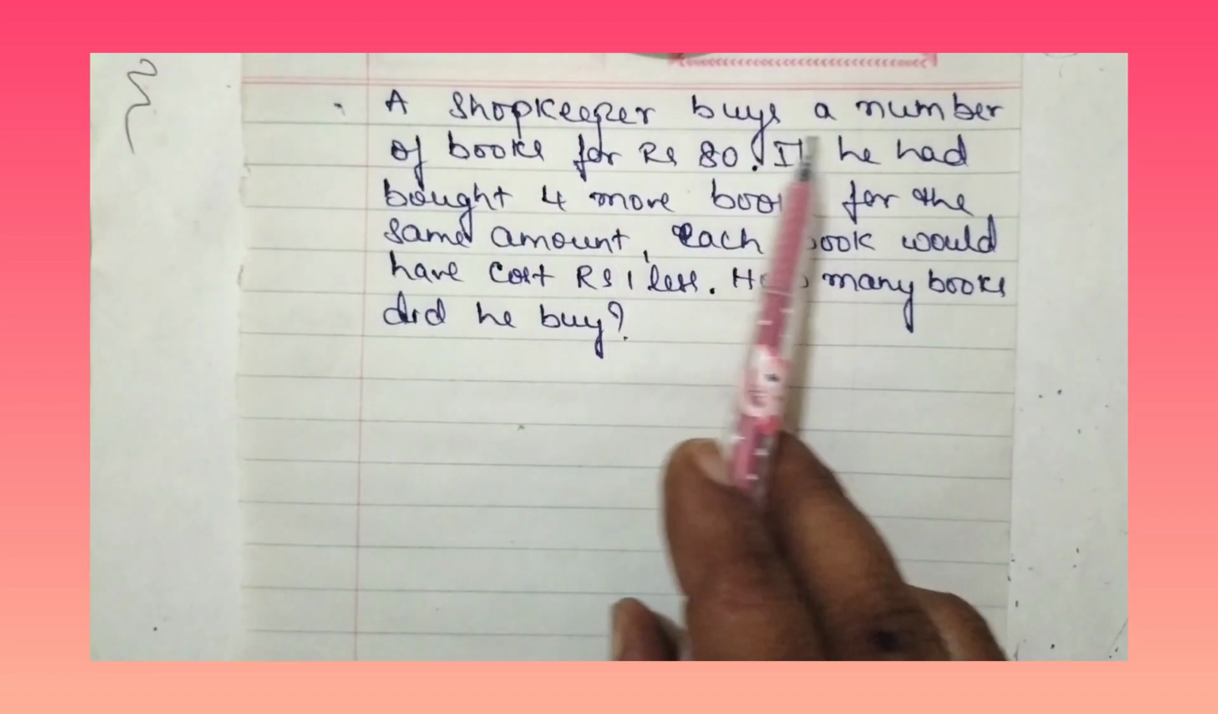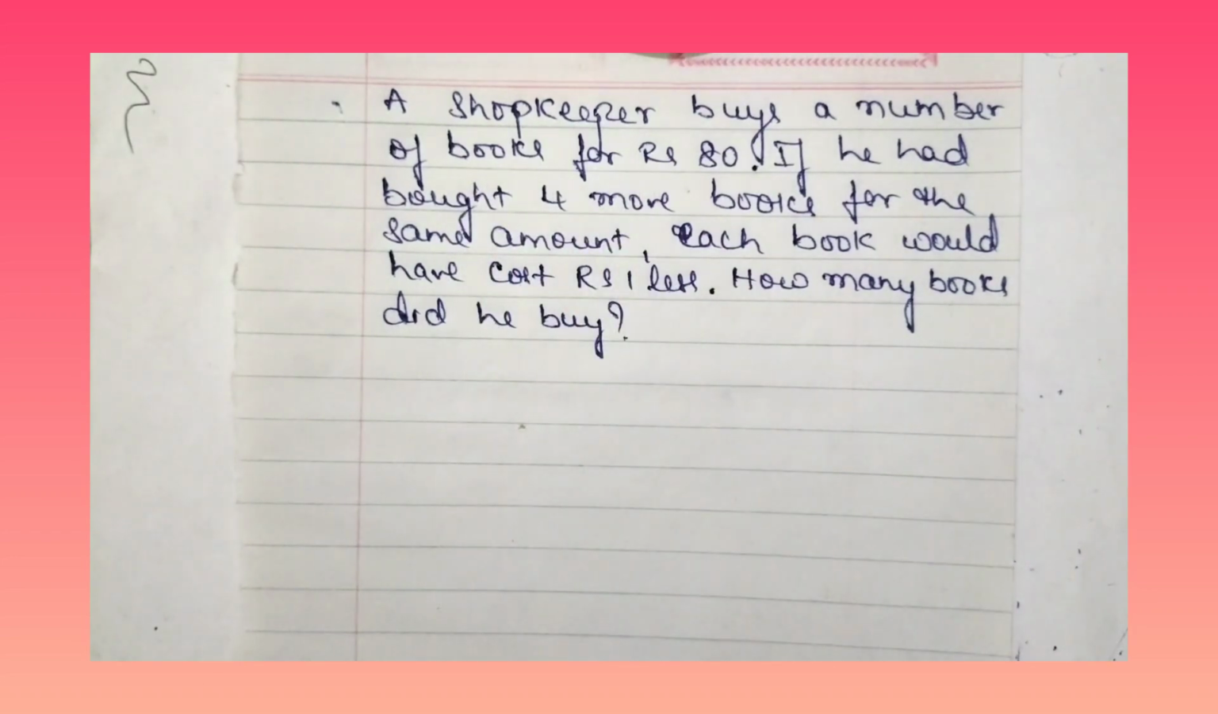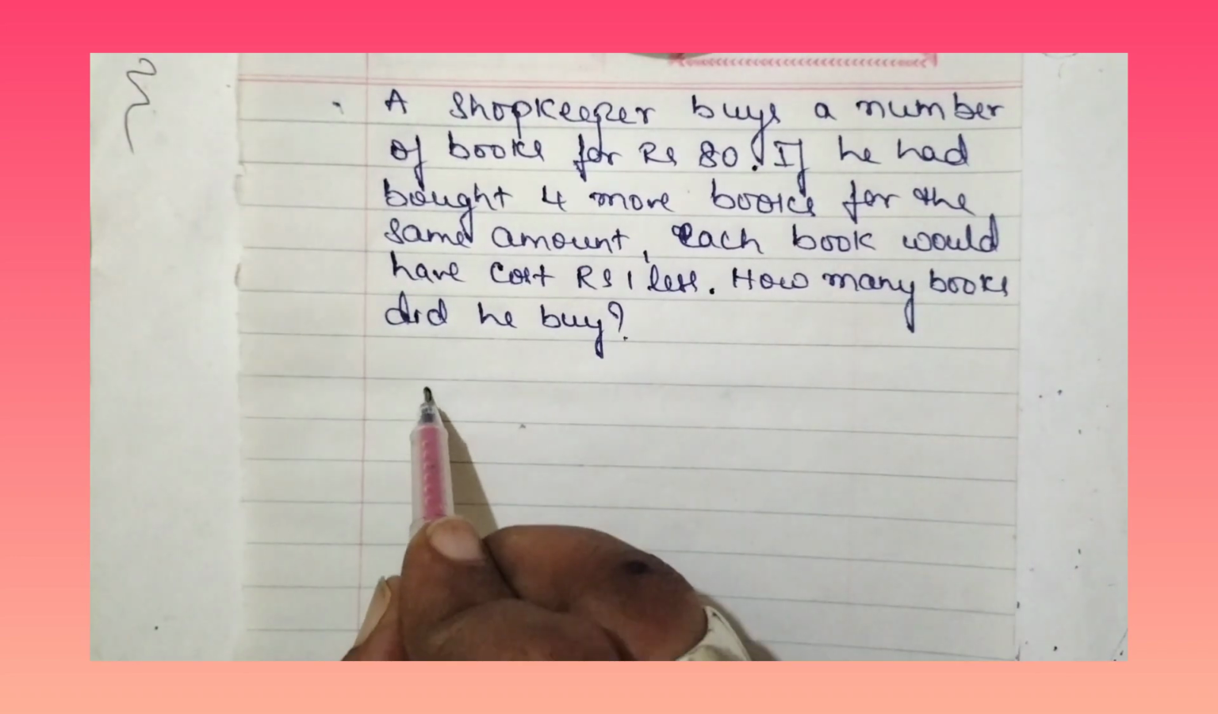A shopkeeper buys a number of books for rupees 80. If he had bought 4 more books for the same amount, each book would have cost rupees 1 less. How many books did he buy? So now the first sentence,